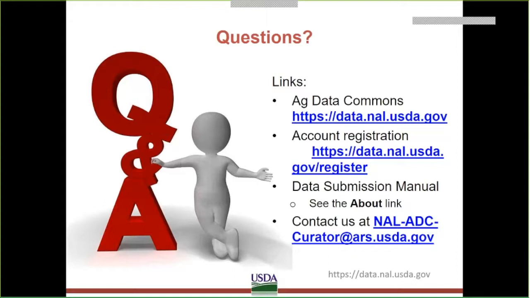Right. Now, in the future, we would like to explore the idea of doing more artificially intelligent methods of locating appropriate related articles or methods citations or things like that. But right now, it's all manual, either by people submitting the information when the data set is submitted or by, as John says, looking at any alerts that tell us that there's a link between a particular data set and a particular article.